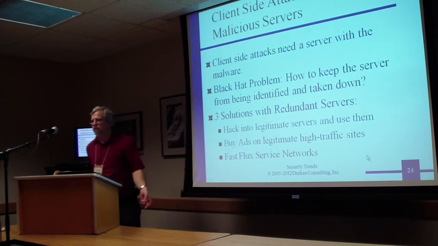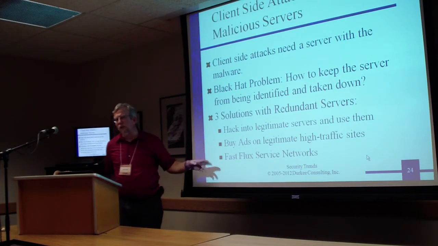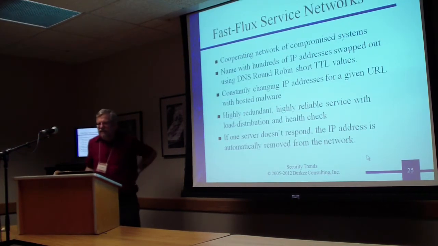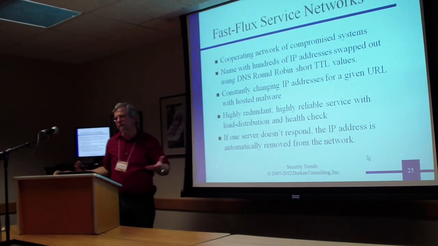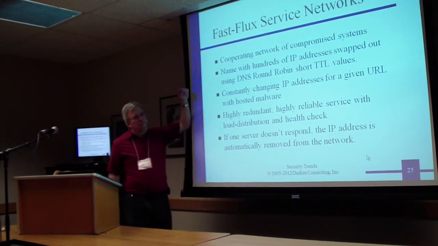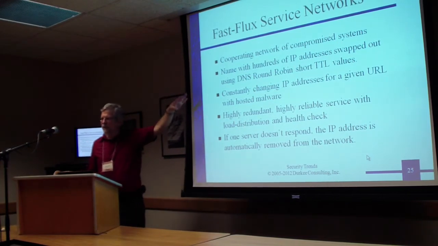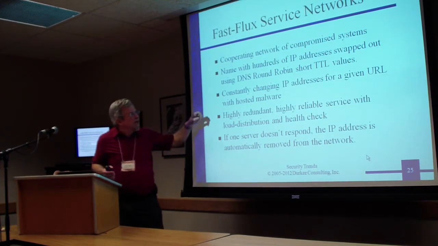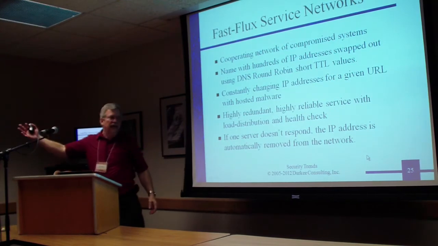A third solution, which is really cool, is called fast flux service networks. This gives them an array of servers that's redundant, and we're going to look into that in the next couple of slides. With fast flux, you have a cooperating network of redundant servers that have been compromised. They didn't have to pay for the hardware or for the hosting of the internet service. And what they do is set up a DNS name with hundreds of IP addresses. These hundred IP addresses get swapped out, kind of round robin style. So when the client resolves badguy.com,